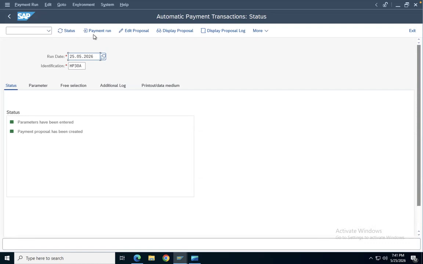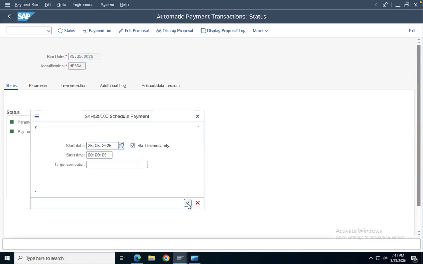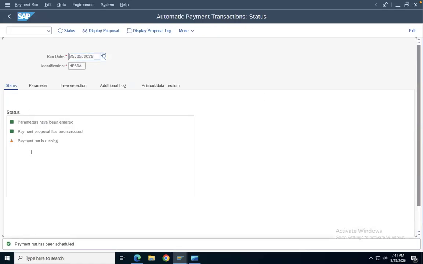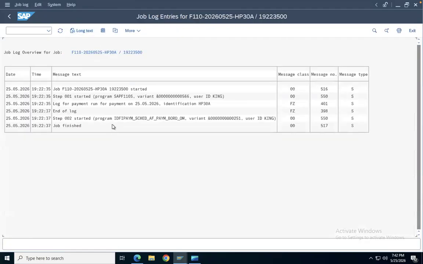So what we do? Just do payment run. Start immediately and do this. Payment is running. Okay. Do save here. See. Posting order 1, generated 1, completed 1. Okay, so if you want to see the logs, you can see the logs. Okay, payment here it will say. Okay,